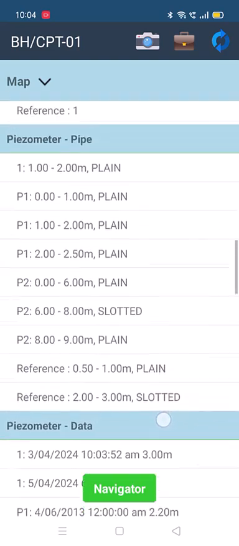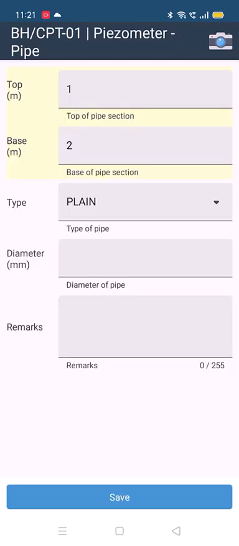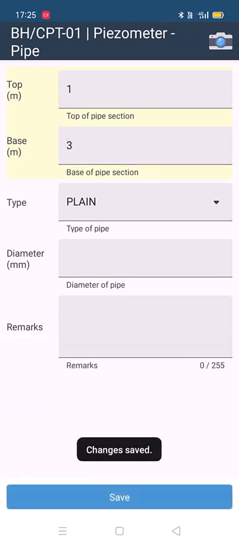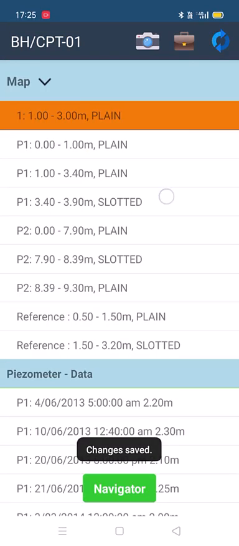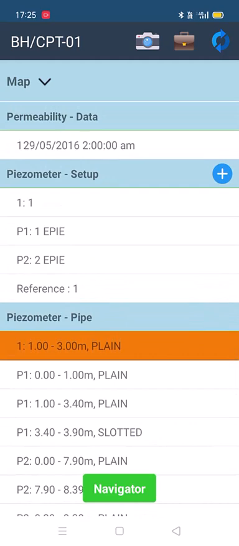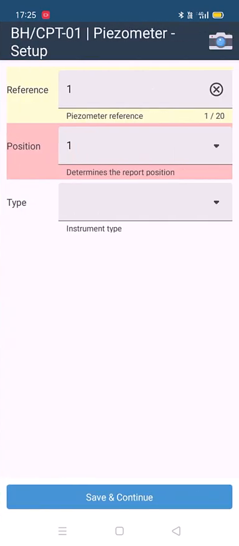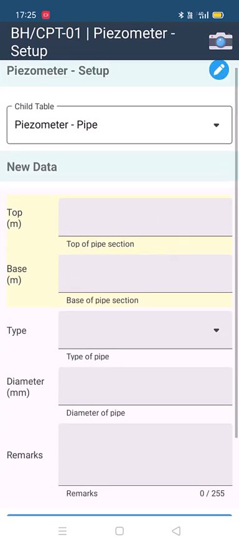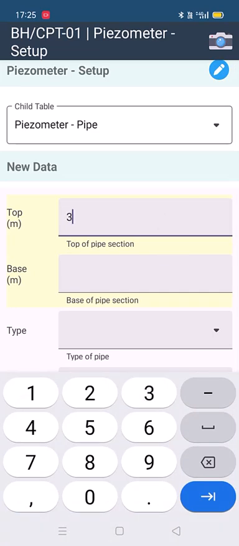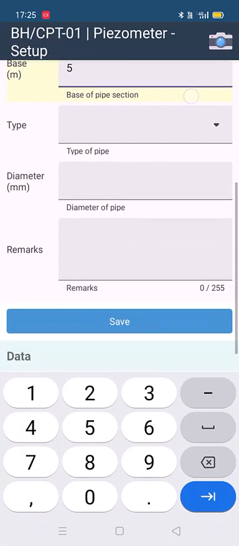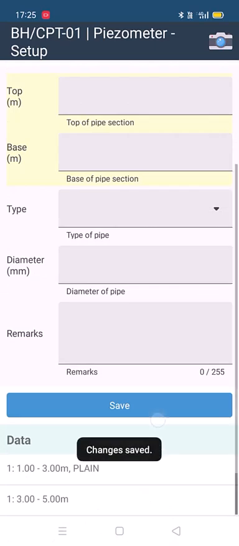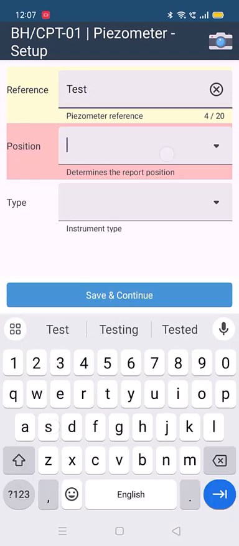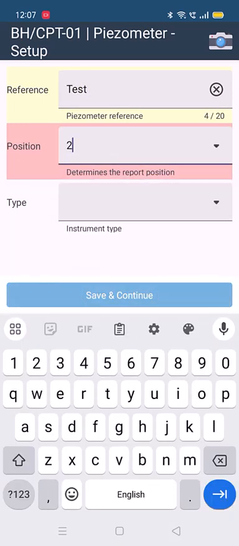To edit a child record, click on the record on the main data entry page and then make the changes. If the user needs to continue adding data to a child table later, they need to click on the parent record and continue adding data. To edit the parent record, click on the parent record and then make the required changes to the parent record. This will update all existing child records.